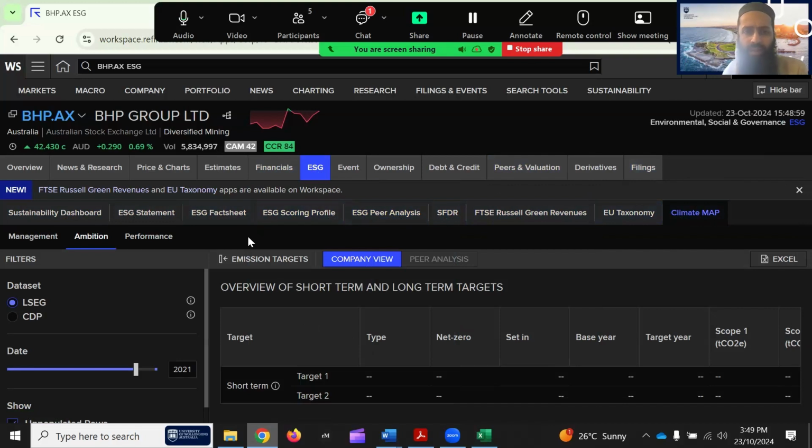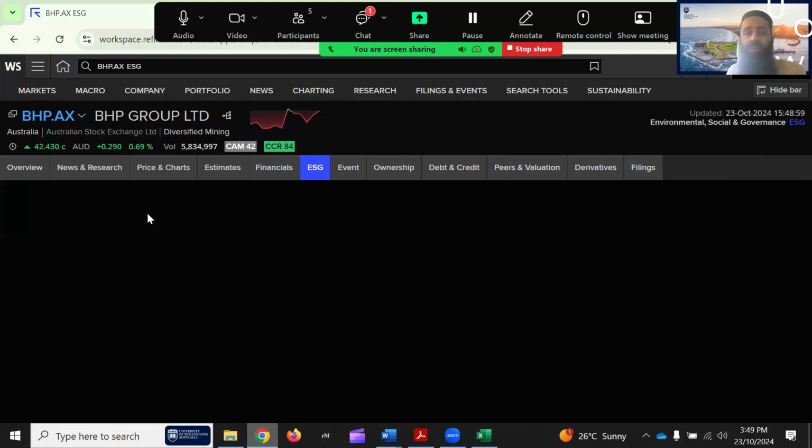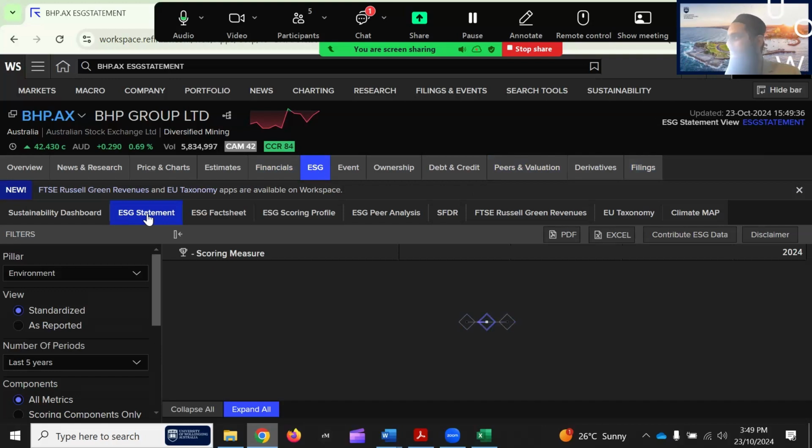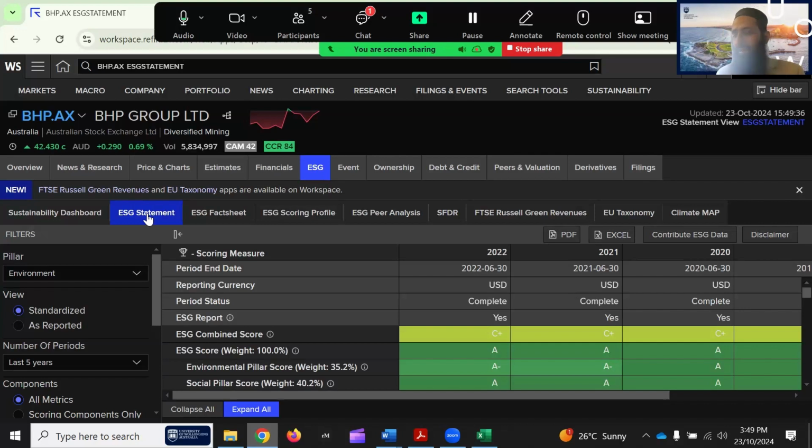From here, the one that I normally demonstrate in the workshops is the ESG statement, because this is the one that gives you all the indicators under the ESG combined score of Refinitiv, and you can download the data of one company in one click. Okay, maybe not that applicable for research purposes where you need data for many companies in bulk download, but an excellent resource for the classroom and for single company analysis.